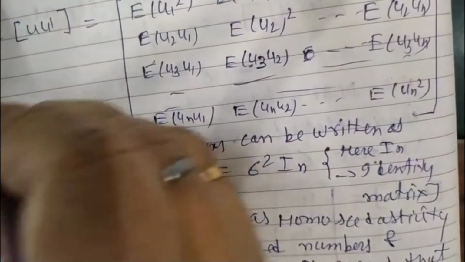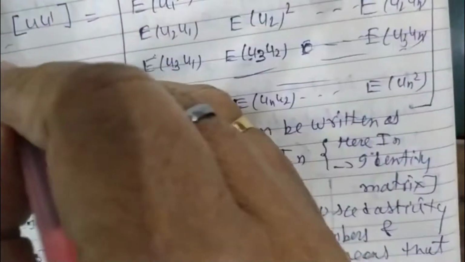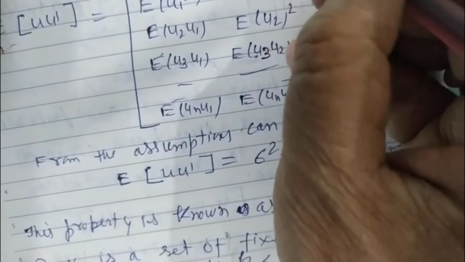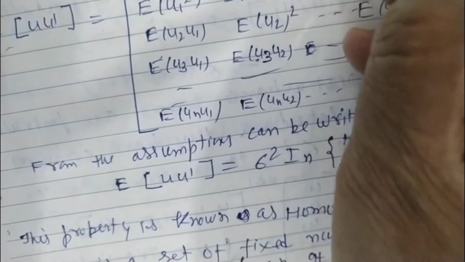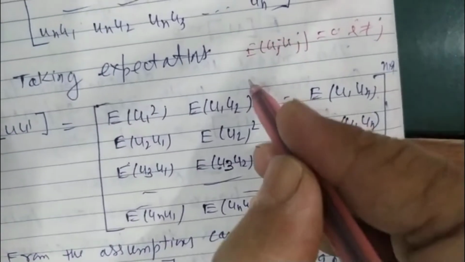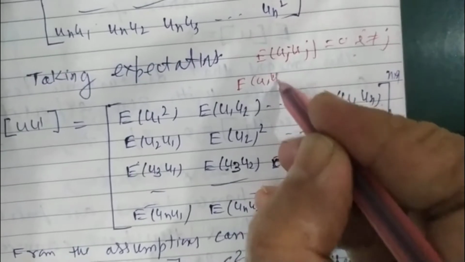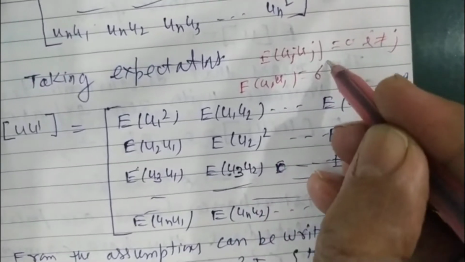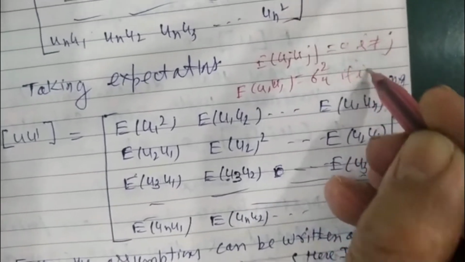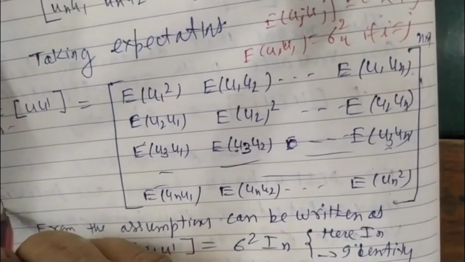Like that, after applying the assumption, E of ui uj is equal to 0 if i is not equal to j, and E of ui uj is equal to the common variance if i is equal to j. Applying this, we will get the matrix in this form: